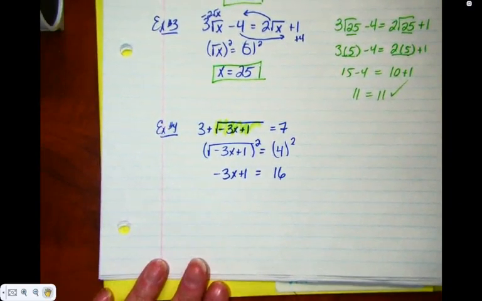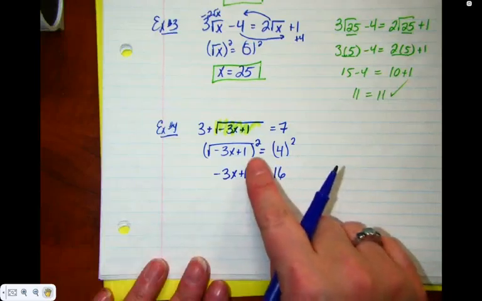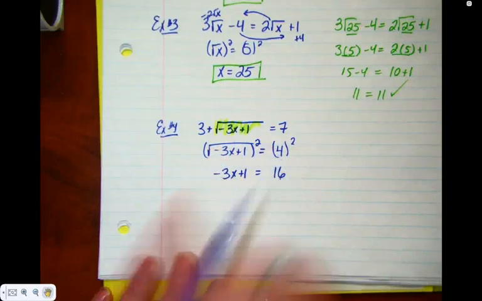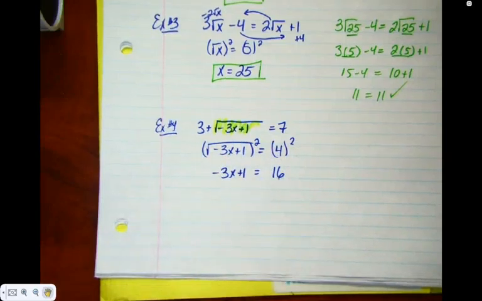Step number 2. Squaring it, wouldn't that make it 3x plus 1? But all this square does is it just takes away this root. It doesn't touch anything underneath. The radicand stays the same. Good question. Okay. Step number 3,